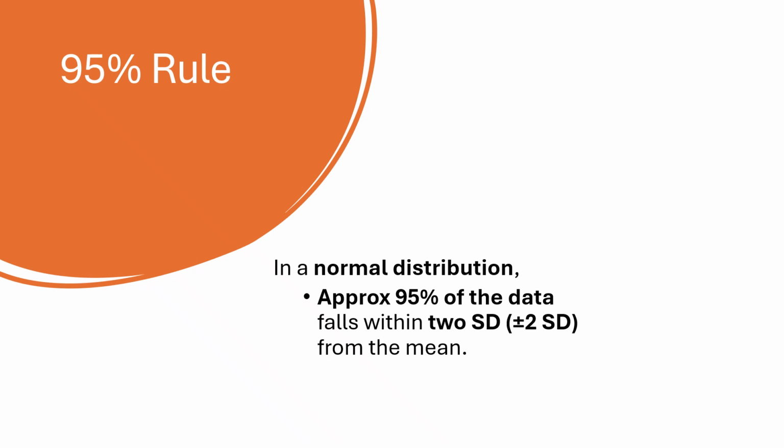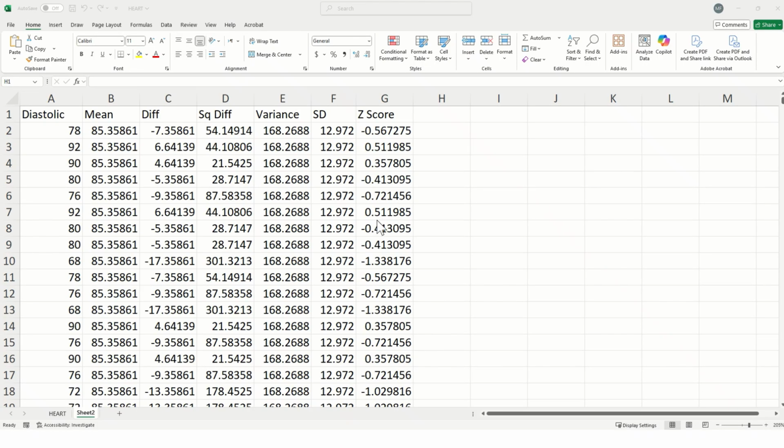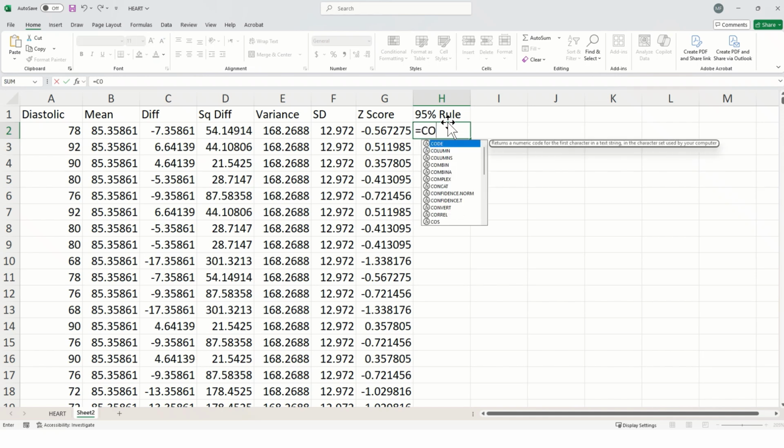Let's see it in the hard.excel spreadsheet that we were working on. We continue to work on the hard.excel spreadsheet. Let's label column H as 95% rule. Okay. Now enter this formula in cell H2: equals COUNTIFS,